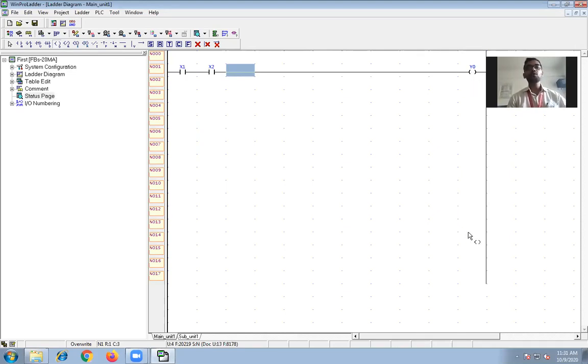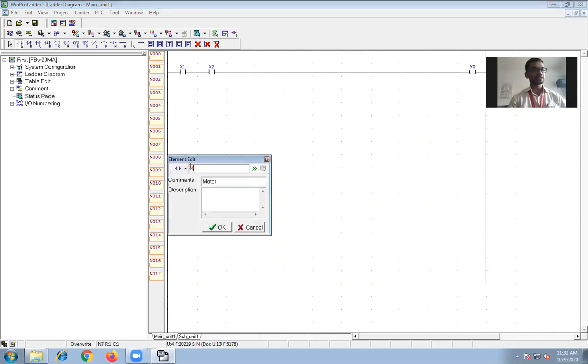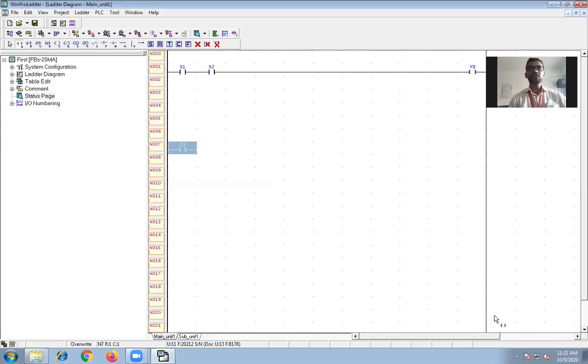But this program is not complete. As you can see, we want two rails, correct? VCC and your ground rail. So this is your VCC line, VCC rail. This is called a rail, and this horizontal is called a run. So this is VCC rail, this is ground rail, but this ground rail is incomplete. So whenever you place one more component over here, suppose X3, you can see this rail is getting completed. Then after that you can remove it, no problem. So this rail is now complete, means your program is complete now for AND gate.